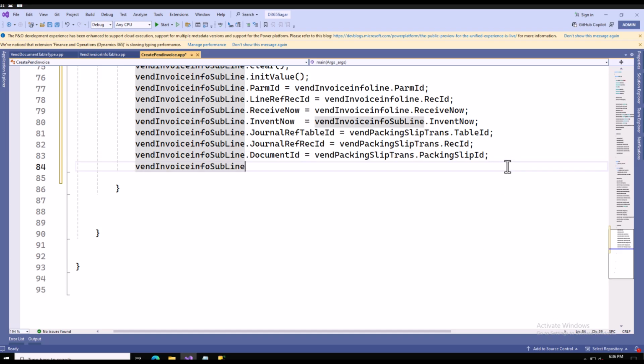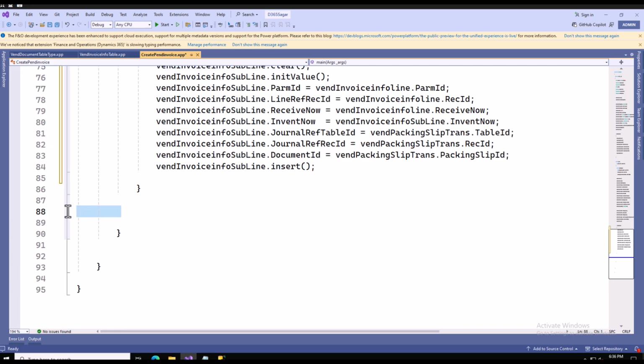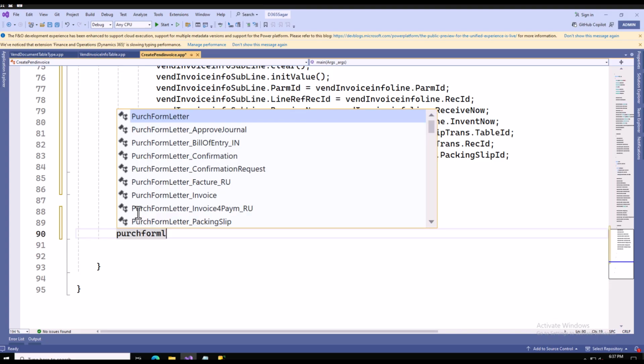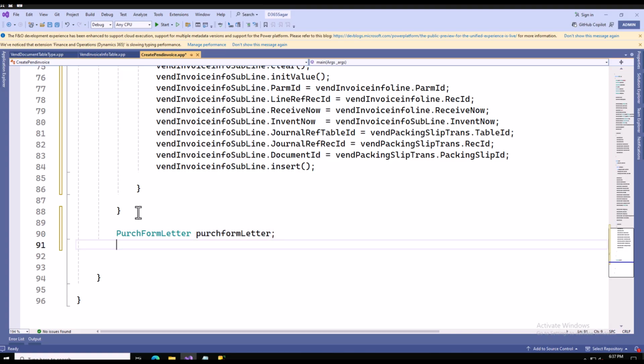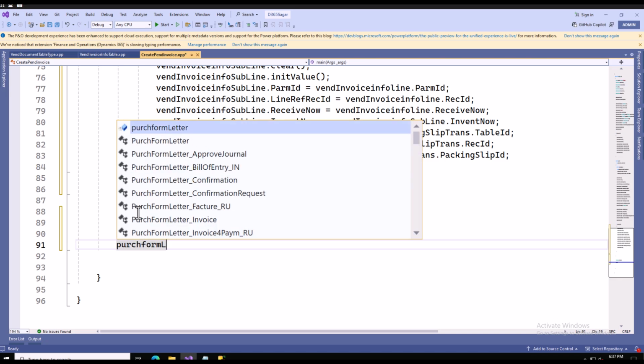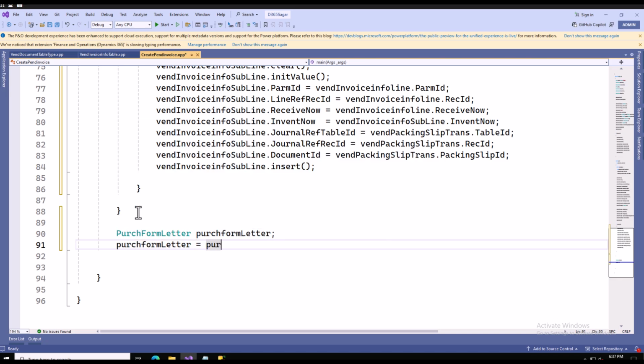So I will finally call my insert, and now this will help me to create a pending vendor invoice in my finance and operation. But again, I want to post it as well. So what I will do, I will write the posting code as well. Purch form letter. I'll say a purch form letter. And now I will say purch form letter equals to purch form letter